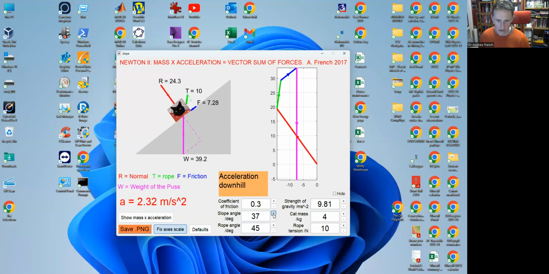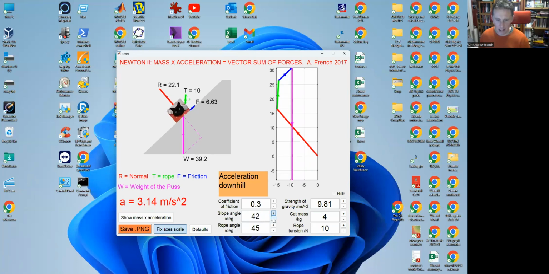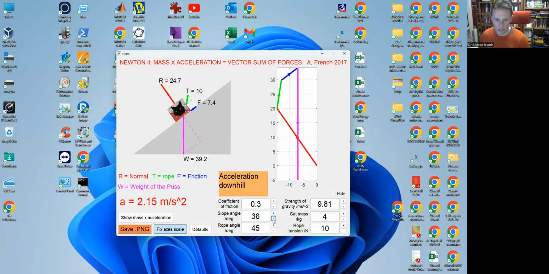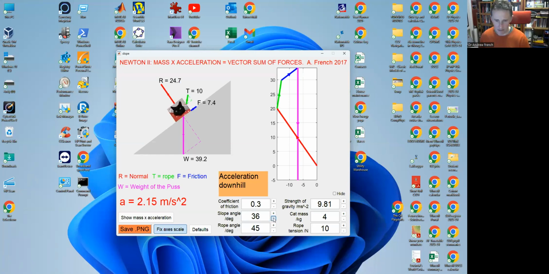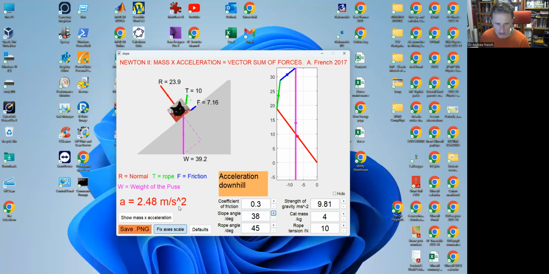Essentially what we're doing is solving every single slope mechanics problem that you could think of, and it's visually changing. There are lots of ways of changing my inputs. I can type in here, I can make that 42, for example, or I can use my little buttons. And if it's on a mobile phone, you can maybe use gestures for this. We can change the coefficient of friction, because this cat is sliding on this slope. At the moment, the cat is accelerating down the hill at 2.48 meters per second squared.